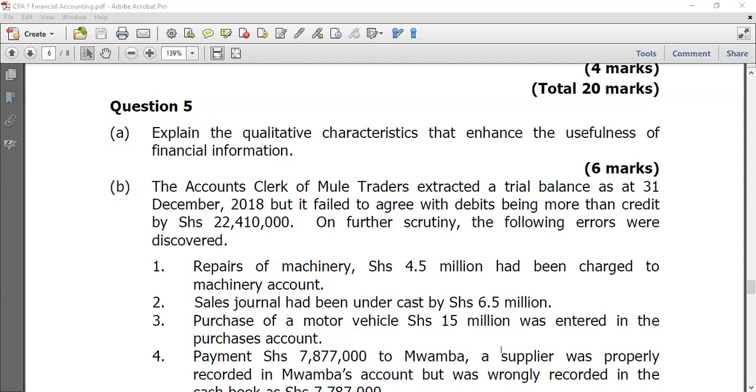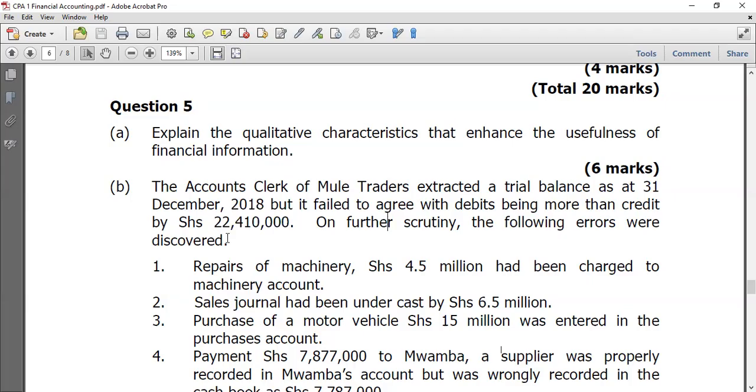Okay, so that is what I was trying to mean. Let me just try to reshare my screen. My internet went down. So I was just trying to say that sometimes the examiner can actually bring you a question like this, where they'll give you a statement. Like for example, here where they're telling us that it failed to agree with debits being more than the credit by